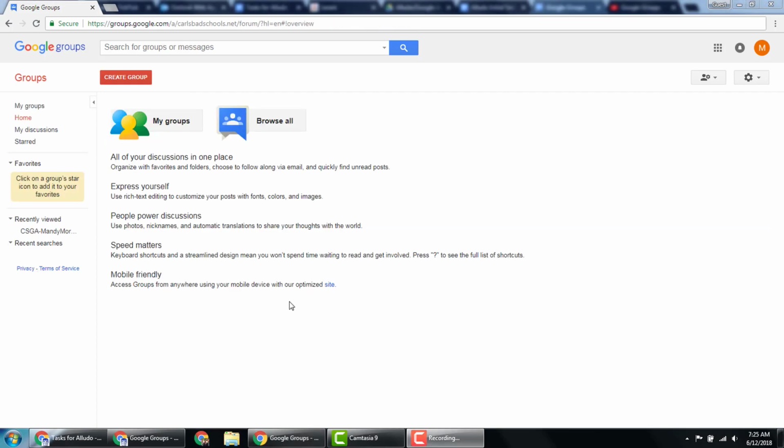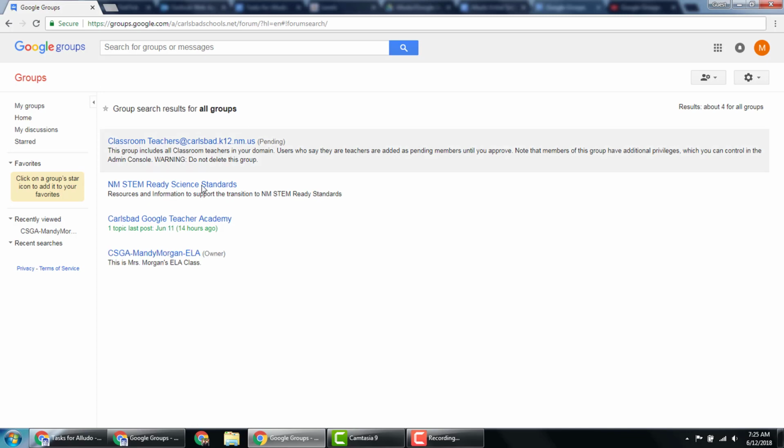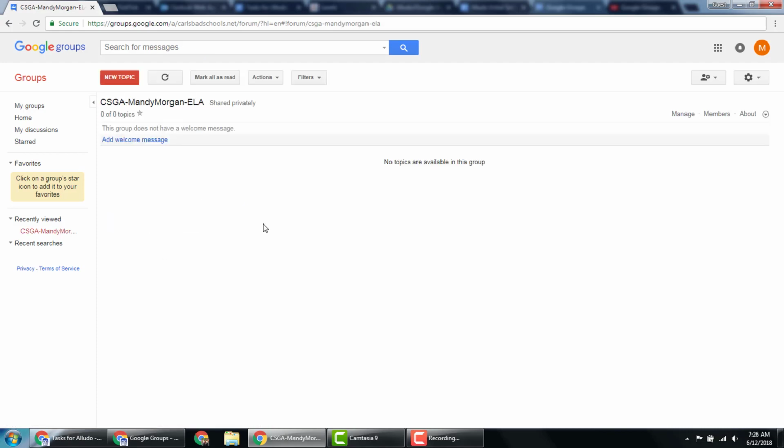So I wanted to also show you how to add students to your mailing list, even if you didn't add them whenever you created the group. Maybe you had a student come in late and you needed to make sure that they're part of that mailing list also. When you're in this section, you can click on the Browse All button, and you'll be able to see your own mailing list. So this is Mandy's mailing list. I'm going to click on it, and off to the right hand side